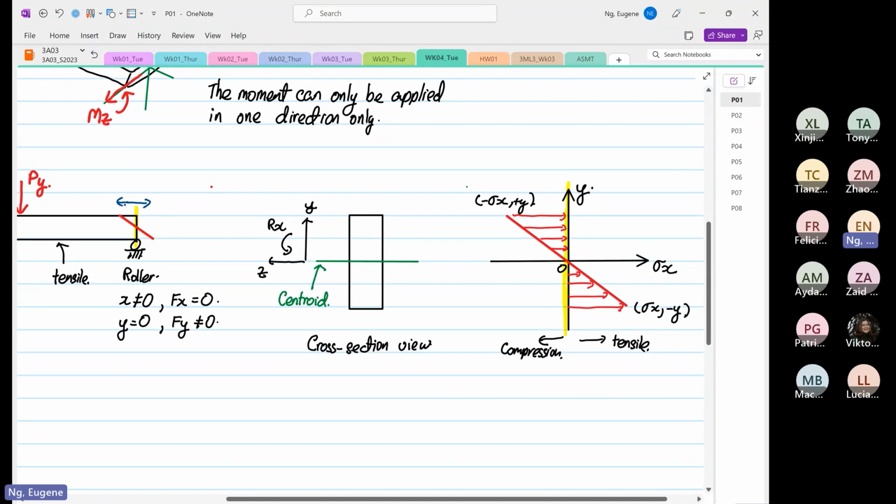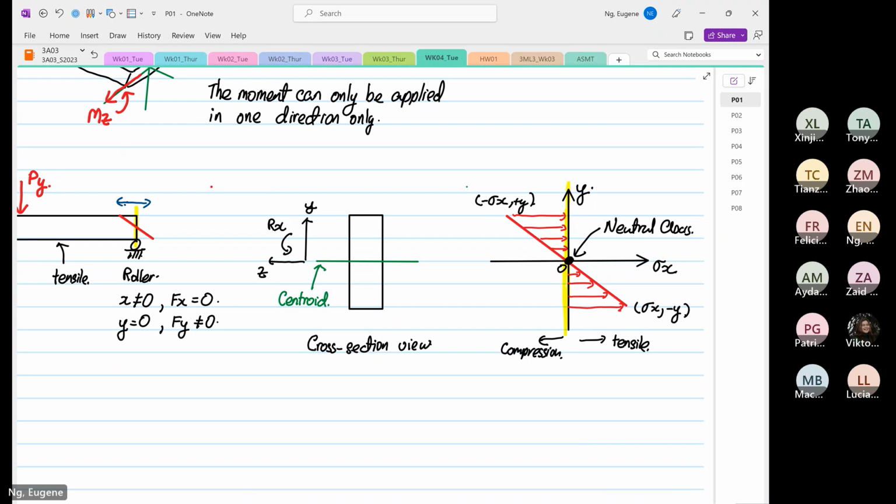Okay, so hold on, before I go on, if you look at the stress field over here, at a point which I'm drawing a dot now, this point is known as the neutral axis. So on the neutral axis, stress X is equal to what? Is equal to 0. Okay. So something very interesting occurs down here. And what do I mean that something very interesting occurs down here? So under